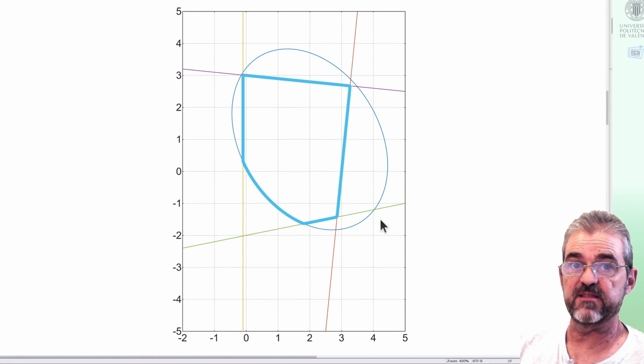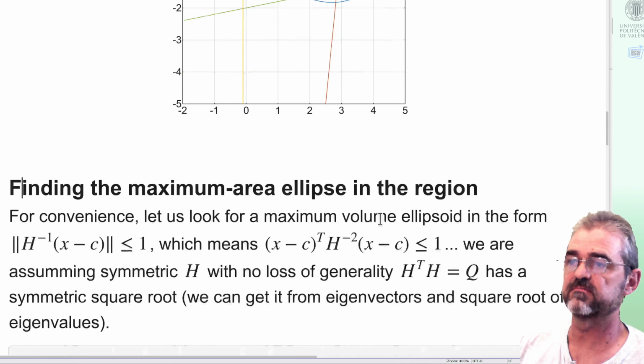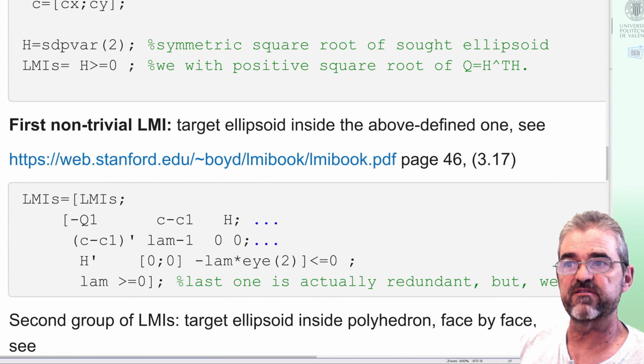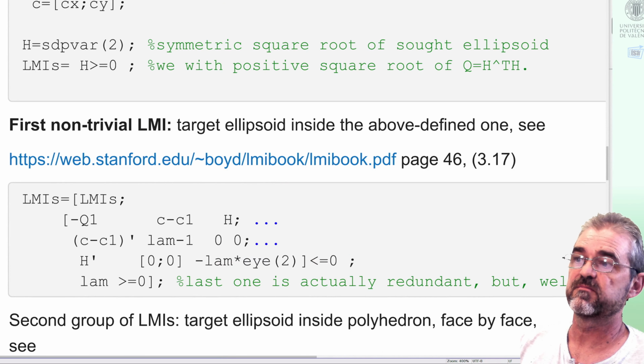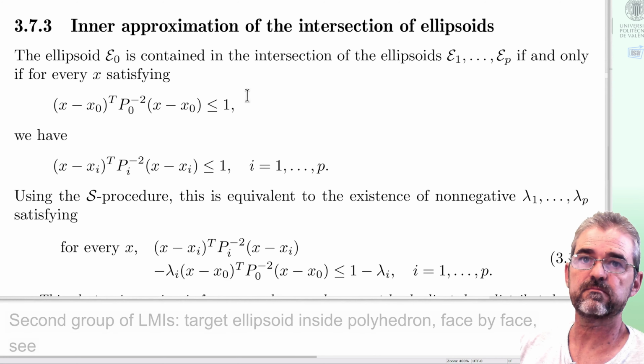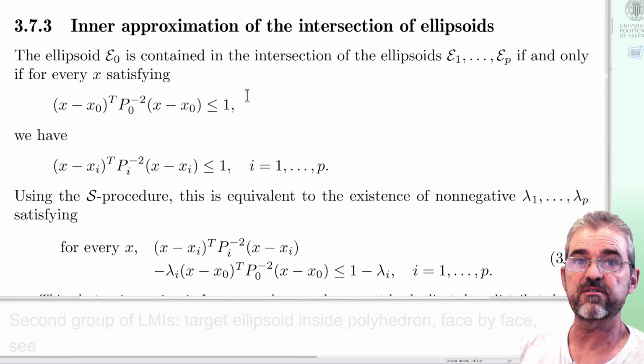Of course, I need many constraints, extra ones for the polyhedron, but the first one is that the thing I search must be inside the blue ellipse. In order to express that as a linear matrix inequality, I will use the seminal book by Stephen Boyd from Stanford. You have the link here, and in that book, in section 3.7.3, it does some theoretical developments that are outside